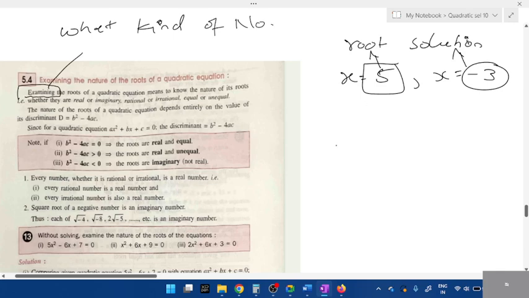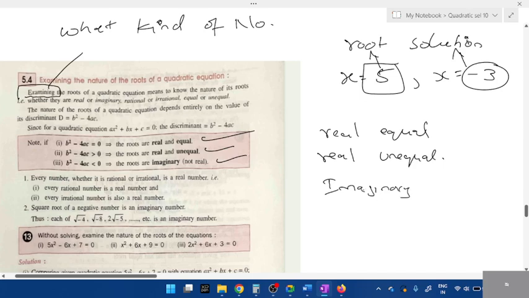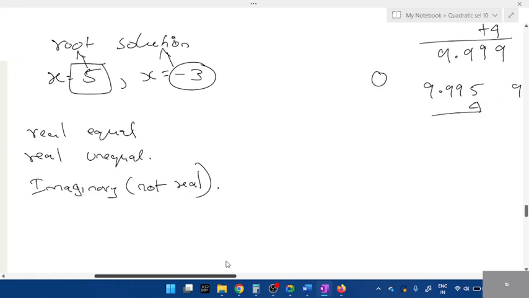So basically the roots can be of three types. Look, these are the three types. It can be real, equal. I'll tell you the difference. It can be real, unequal, or the roots can be imaginary. Fine, the roots can be imaginary, not real. So to determine what kind of root it is,